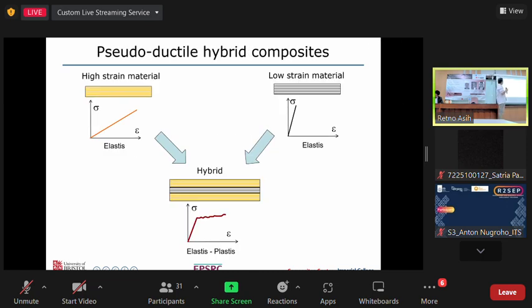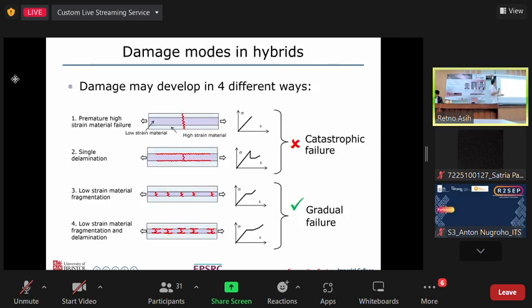So as you see in here, we have this elastic behavior on both the high strain material and low strain material. So what if we could combine both of these materials to have an elastic and plastic behavior? Yeah, it is possible. But the key thing is the thickness ratio between the high strain and low